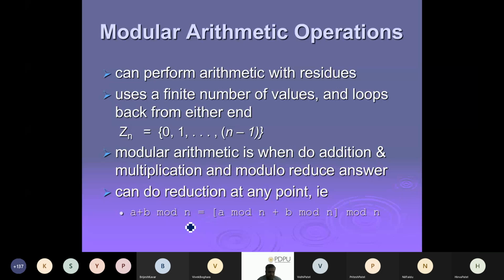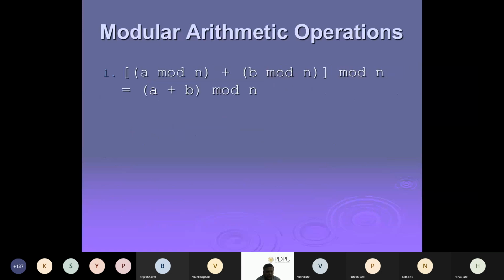You can see the first property is that if I have (a plus b) mod n, and a plus b is a sufficiently large number, then what I can do is first reduce a, then reduce b. By doing a mod n, your number will be somewhat reduced, because you are doing modulo n. Ultimately you have to do modulo n at the end, so that your power or your multiplying or adding of bigger numbers comes out as a smaller number. It's like first converting your bigger number into a smaller number, and then you can do it. So this is one particular operation.